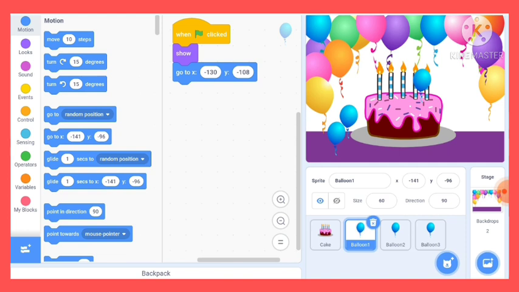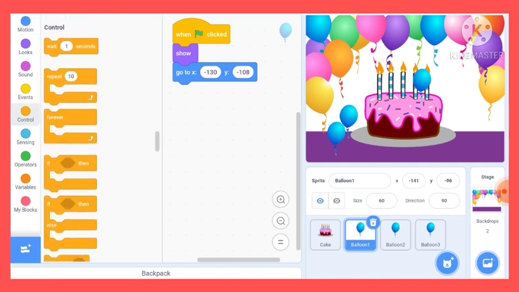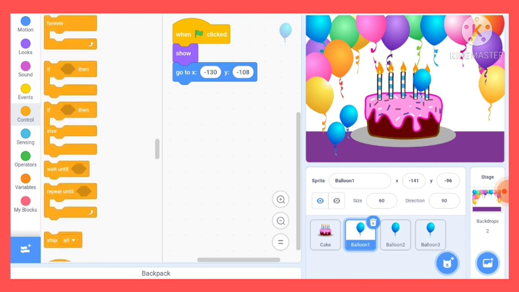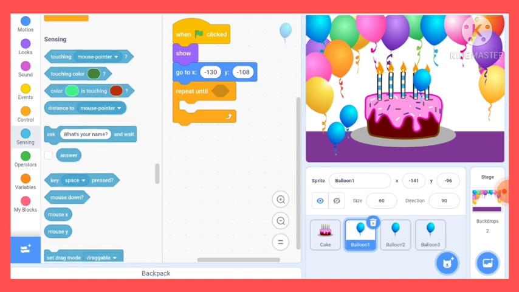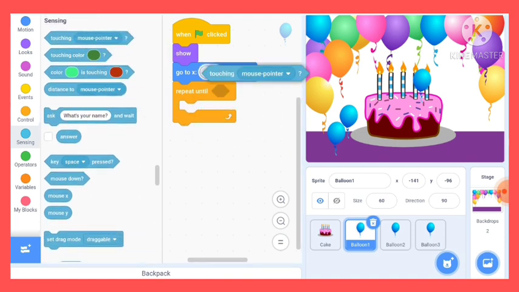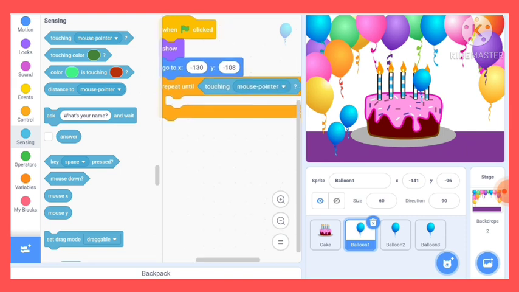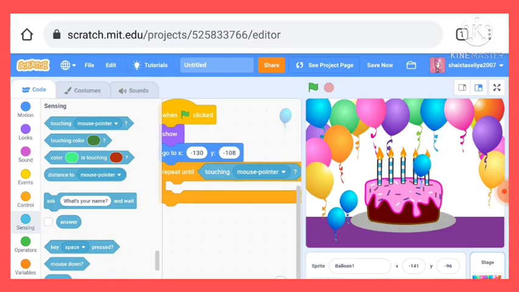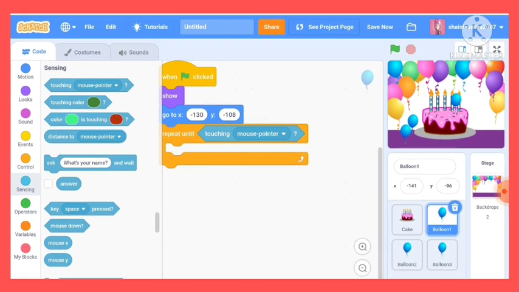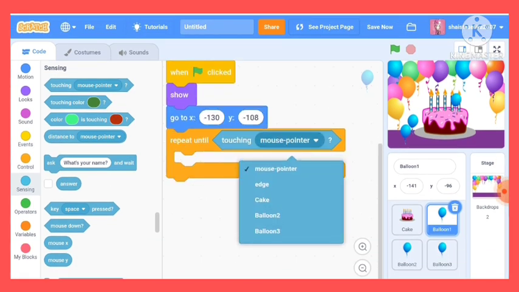Now what I want, I will go in the control block and take the repeat until block. It will repeat, and from the sensing block we will take touching. Instead of touching mouse pointer, we will take edge. So let me make it small so you people can see it. Yeah, so I will do it as edge.